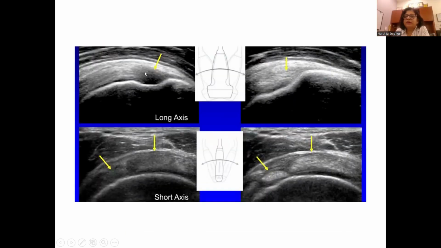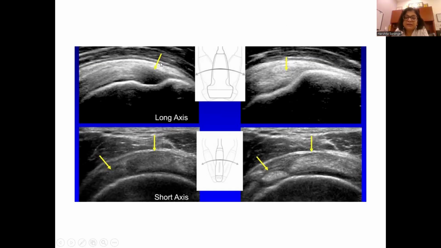Now, shoulder. Very commonly, a patient comes to you with pain in the shoulder, and you put your probe and you see something like this. And what is stopping you from making it a supraspinatus tear? Nothing. But you have to orient your probe, you have to rock your probe in this way so that you see the supraspinatus in the complete view and you can see whether it is torn or not.